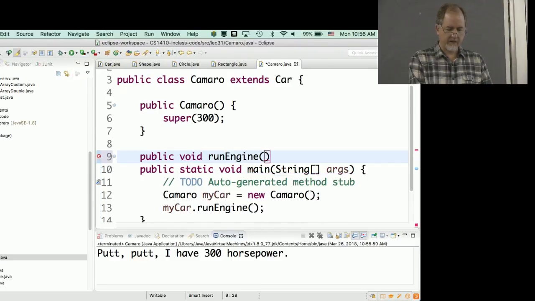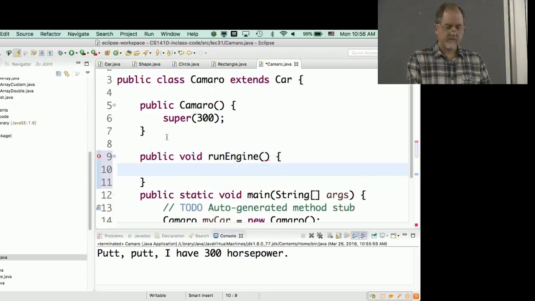And again, normally we don't like having duplicate methods that have the same name and the same parameter list in the same class, but in this case, because I inherit from it, you're allowed to do this overriding process, even though its signature, the top line here, looks exactly the same as the one in car. So in here, I can